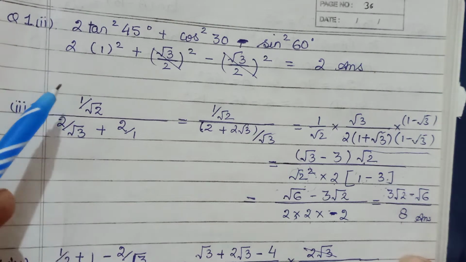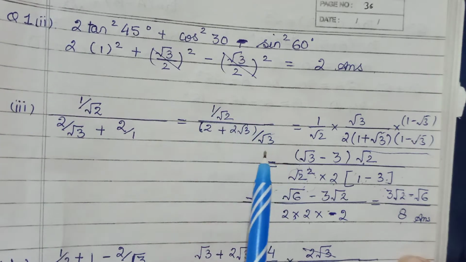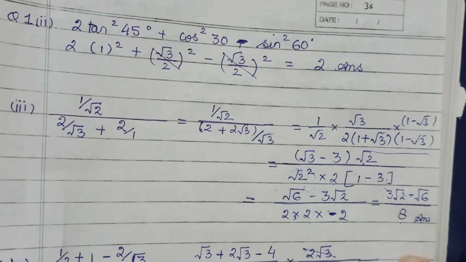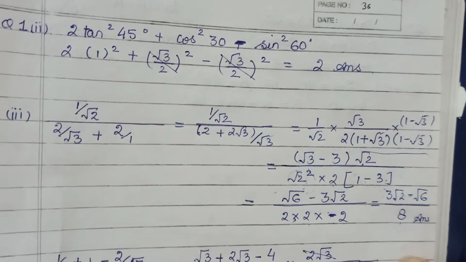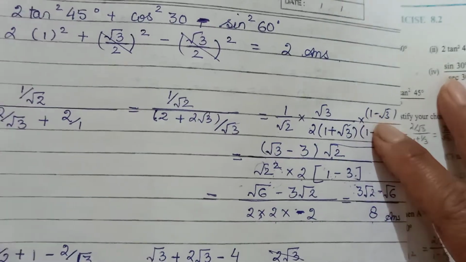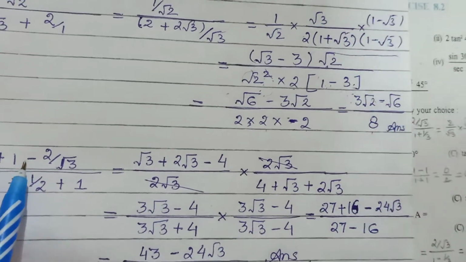Alright. Simple. You just need to put the values, and yes, this is where you need to focus a little bit. Too many root signs, so you have to rationalize that and all that. So these calculations you need to focus on. Okay. Then fourth one. Again we'll keep putting the values here. I have not copied the question. I've put the values here, so you'll tally it yourself, children.